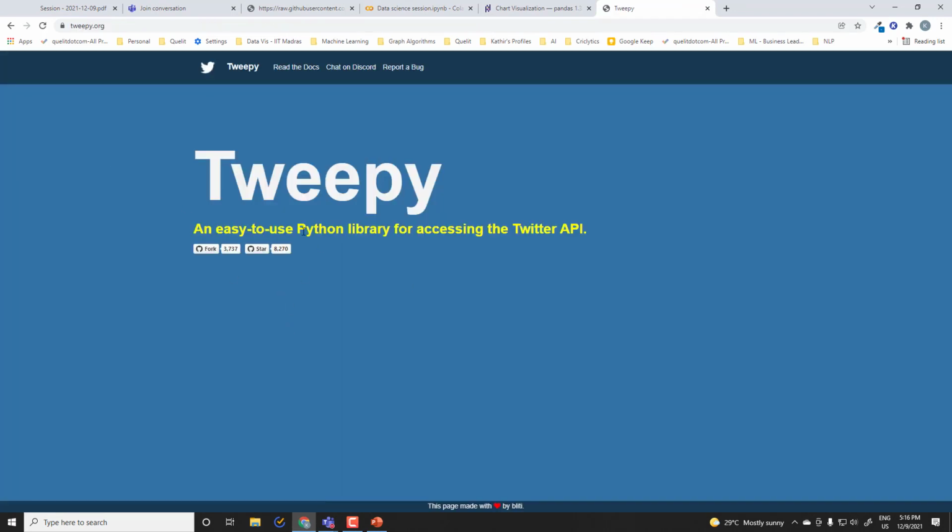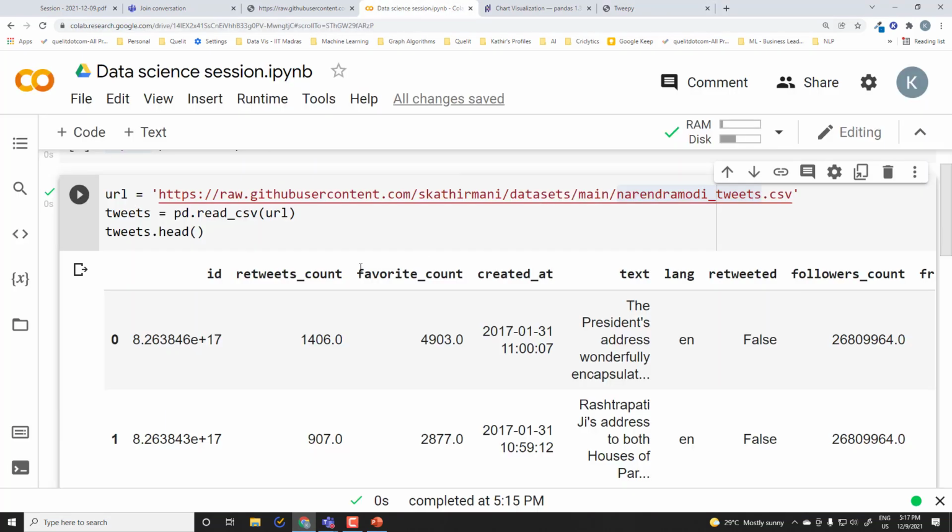It provides a wrapper around the Twitter API. You have to create a developer account in Twitter in order to download tweets. Using this library, you can go through the docs later on. I've scraped this data set with it a few years back, so around 3000 tweets we have. And then I'm going to explain what we are planning to do with this particular data set.